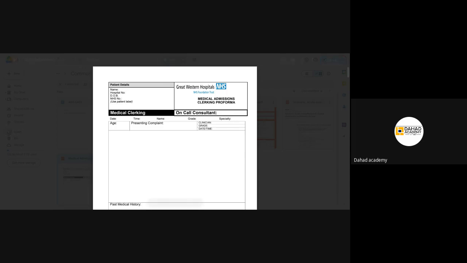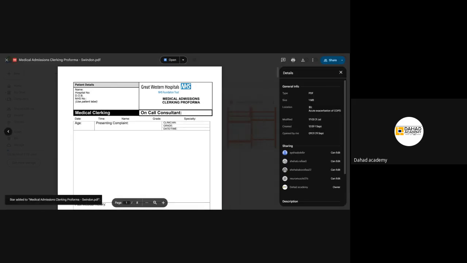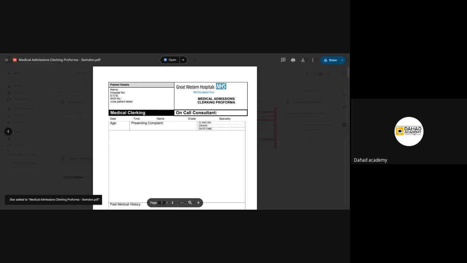And the present complaint here would be what? Shortness of breath and cough for the last 2 or 3 days. And then you should write everything about the present complaint. So something like,